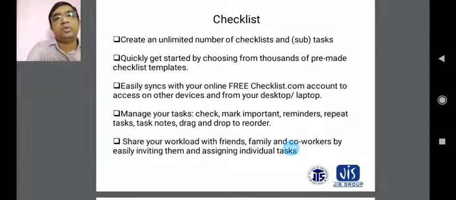In our daily life we also use a checklist: which job is done today, and which job is pending for